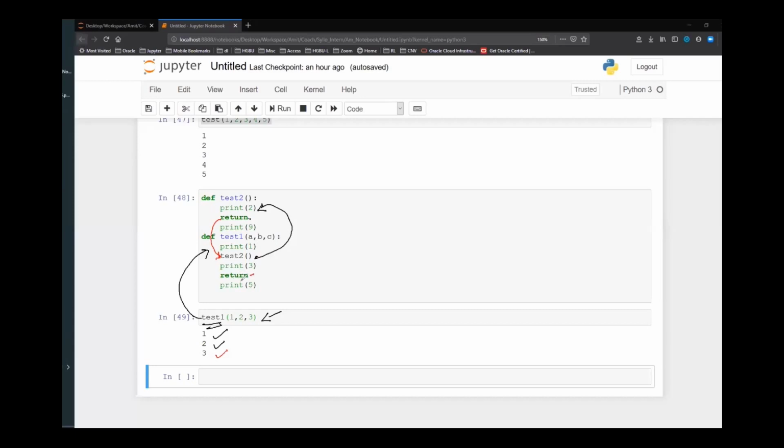So after this, it will return back to this place. And after that, I don't have anything. So print 5 will never get executed. Is the flow clear? So this is how the function flow will happen.